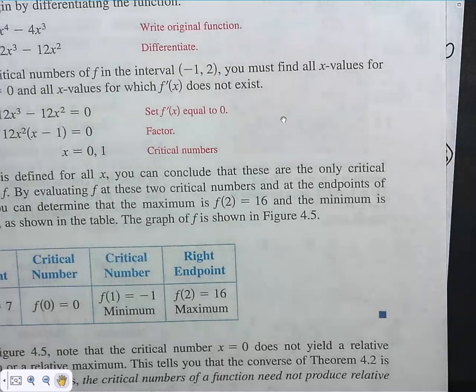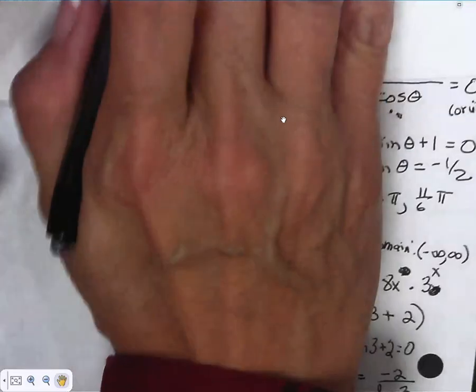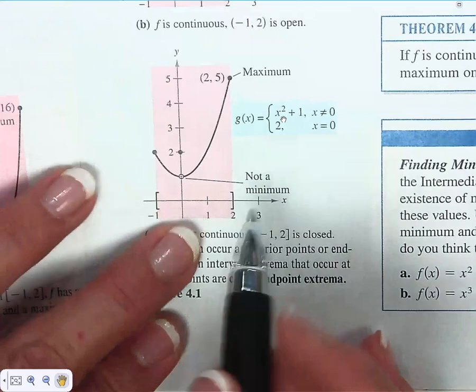A critical number that's not a max or min. If, for example, no, that wouldn't work. If this, yes, I found one. This